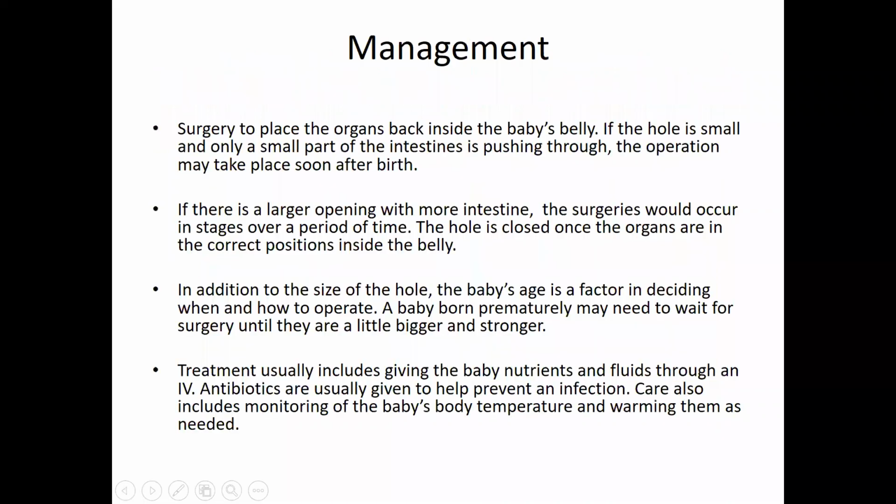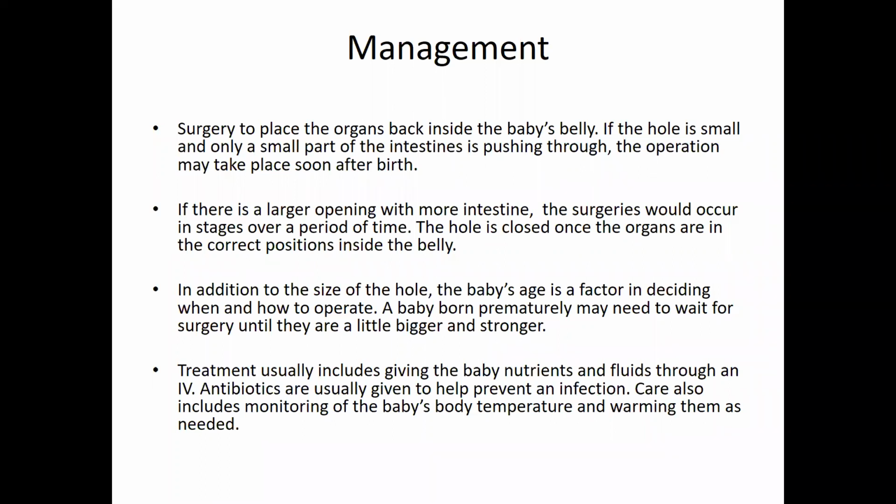Okay, so management, how can you do the management? It is purely surgical management, so I won't go into detail. From our pediatric part, what we can do is the fluid and electrolyte balance. We can give analgesics and antibiotics for prevention of secondary bacterial infection, and close monitoring should be done.